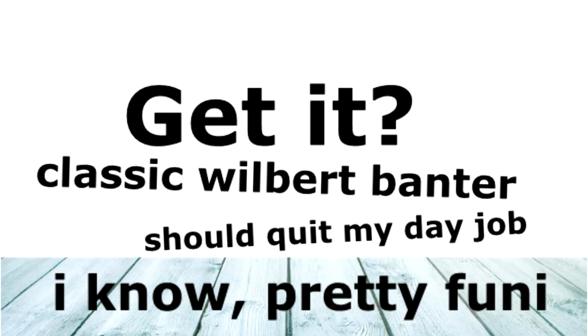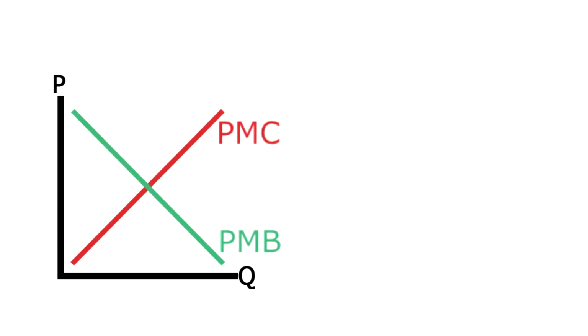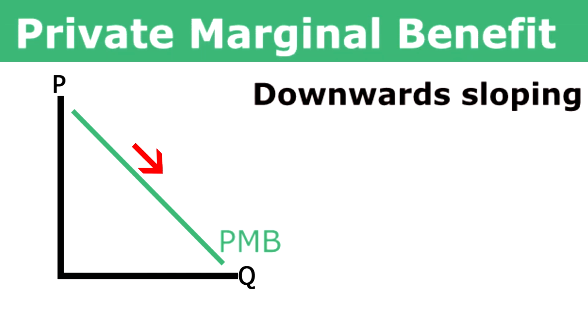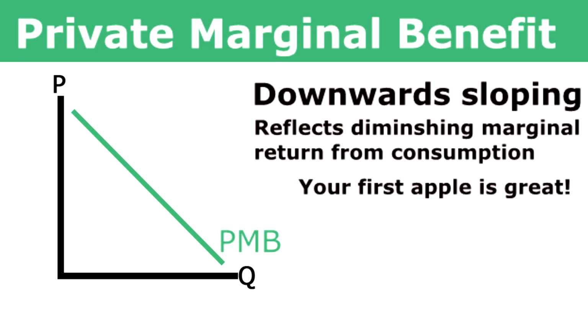Let's visualize the market outcomes when we consider private benefits and private costs. We need to draw two curves, a private marginal benefit curve and a private marginal cost curve. The private marginal benefit curve is downward sloping, which reflects that the consumer gets diminishing return from consuming more product, i.e. moving from 0 to 1 Apple of uniform size provides lots of benefit, but moving from 37 to 38,